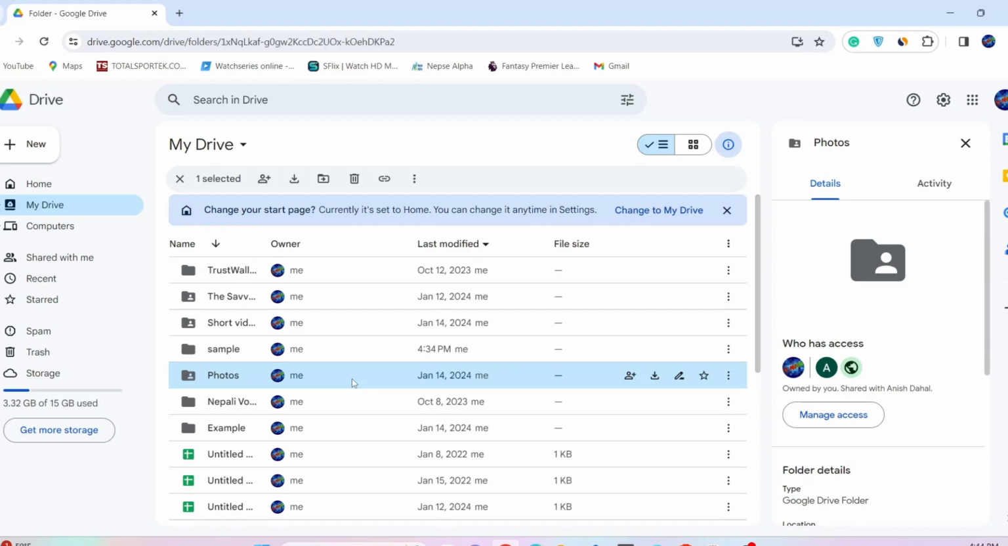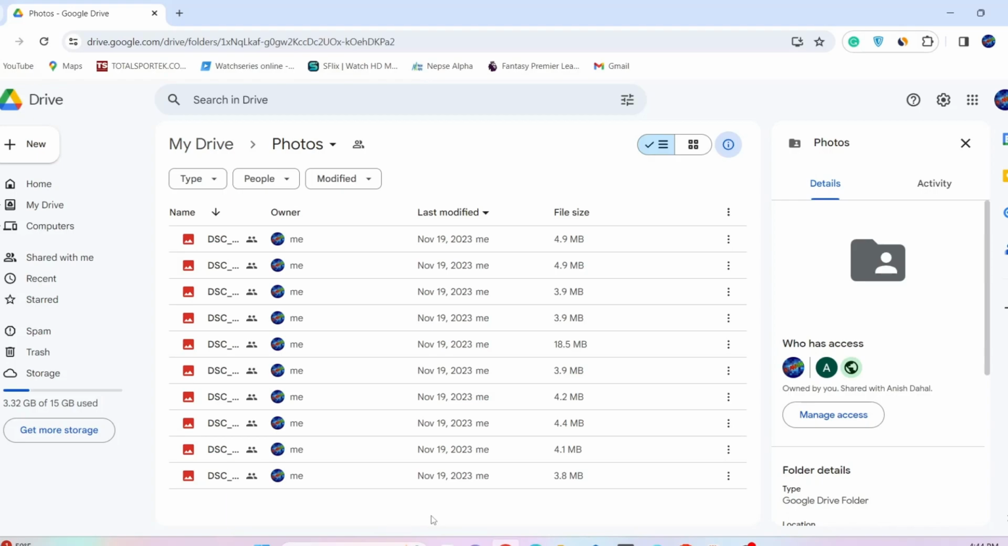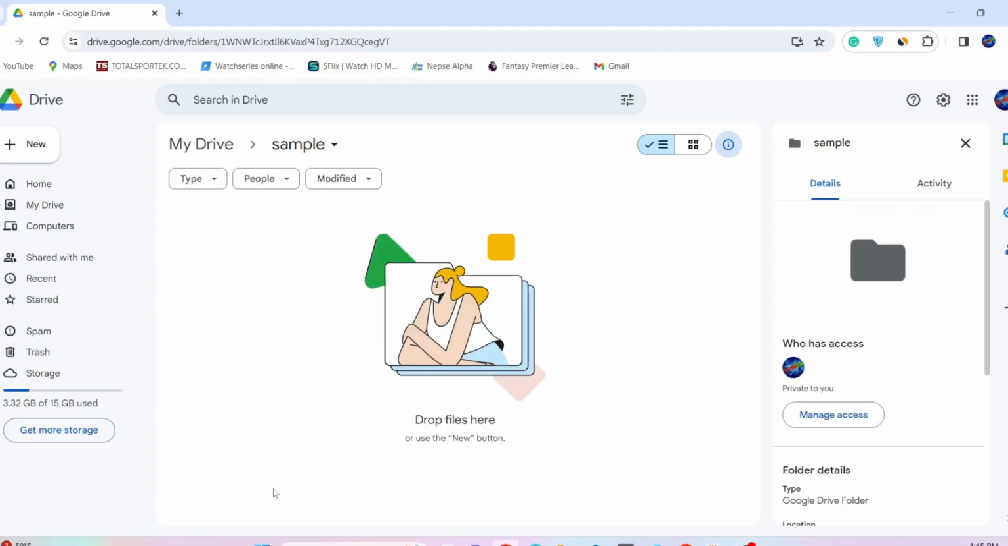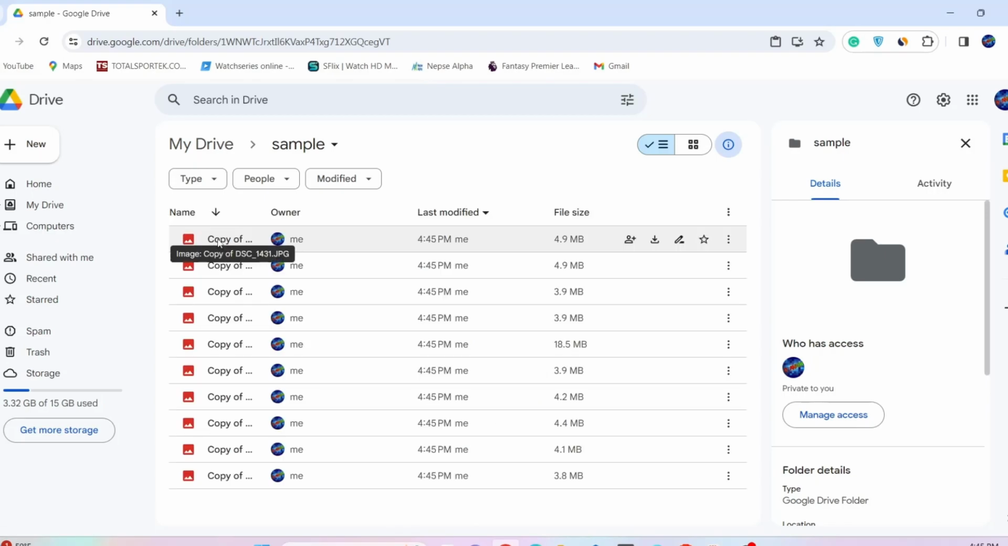For that, open that particular folder. Then press Ctrl+A. It will select all the files that you have in that folder. Then press Ctrl+C. After all the items have been copied, go to the destination where you want to paste the files. After you open your destination folder, press Ctrl+V and all the files will be pasted by the name of copy. So in this way, you can copy your folder or the files that you have in your folder